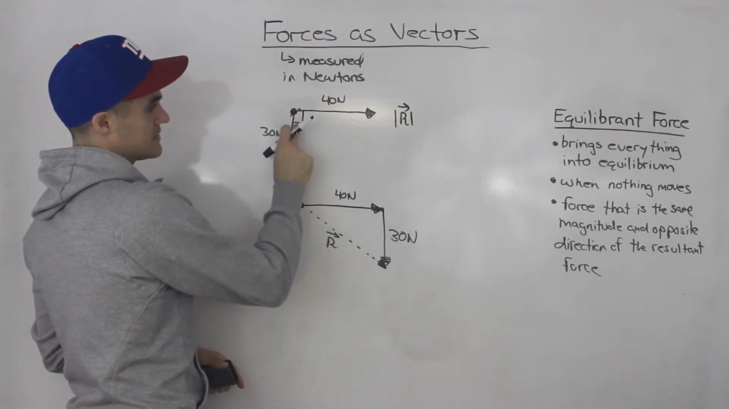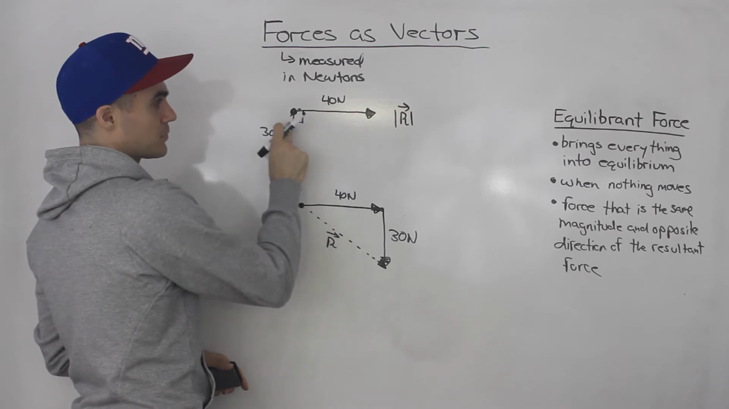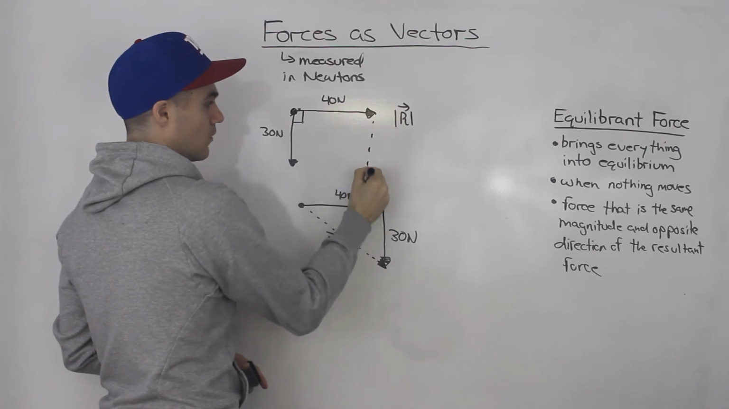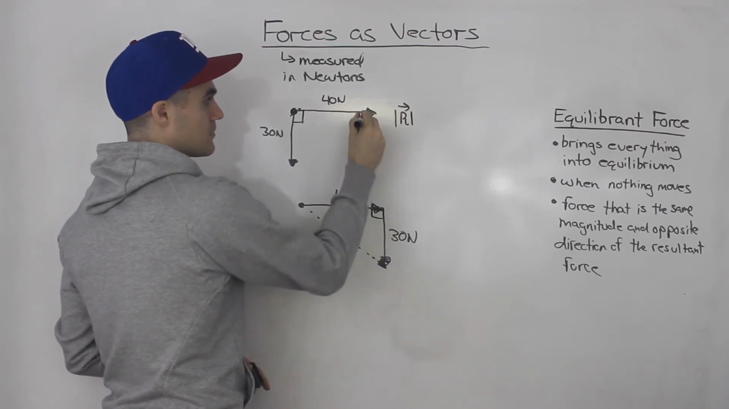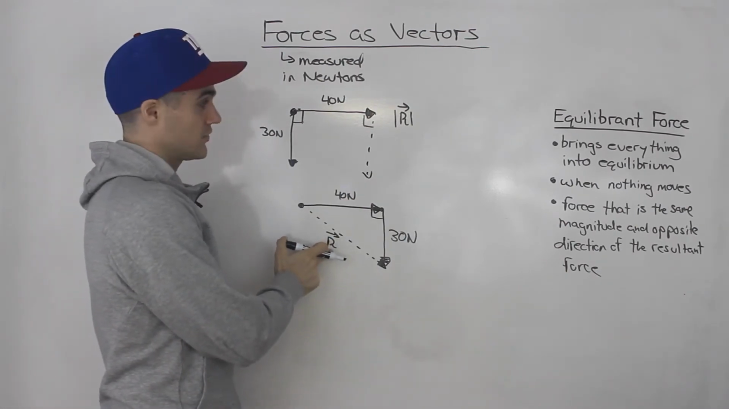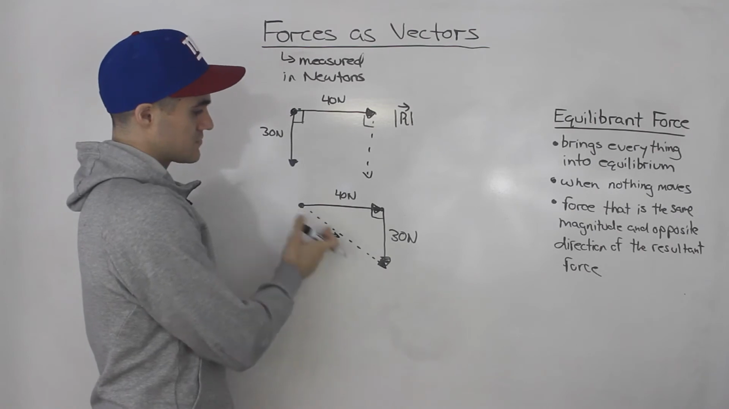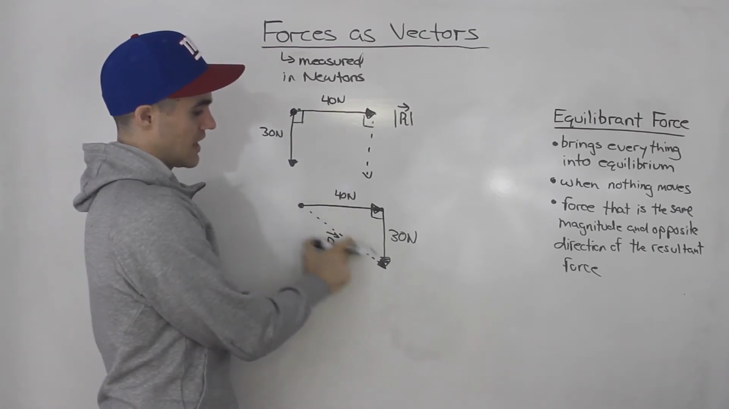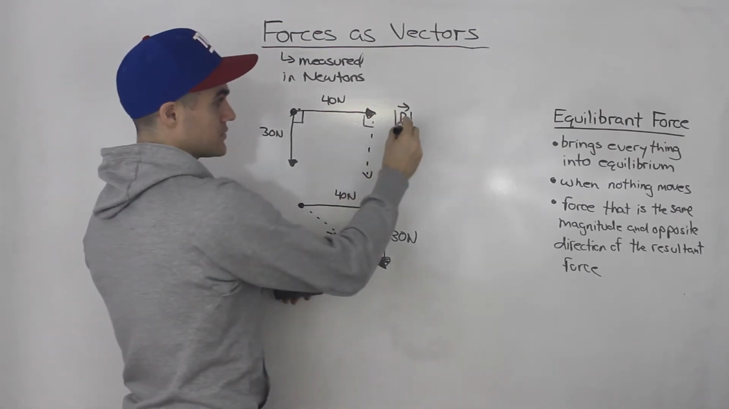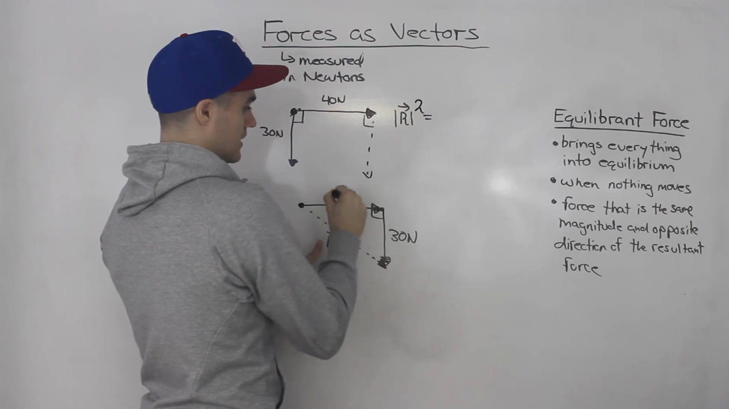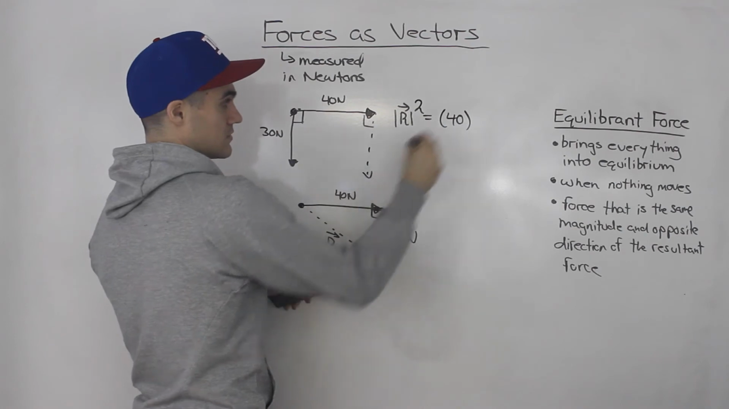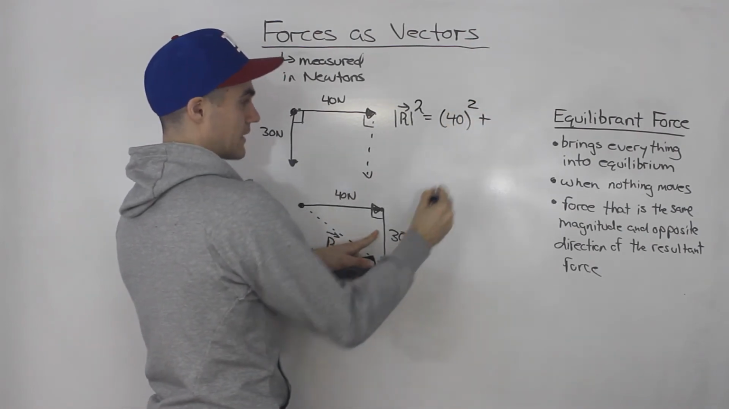Well, notice that because this is 90 degrees, these vectors are perpendicular to each other, and then we shifted this vector over. Well, it means the angle here is going to be 90 degrees as well. So notice to find the magnitude of this resultant force, we can just use Pythagoras' theorem because this resultant force is the hypotenuse in a right angle triangle. So basically the magnitude of the resultant squared is going to be the magnitude of this vector squared plus the magnitude of this vector